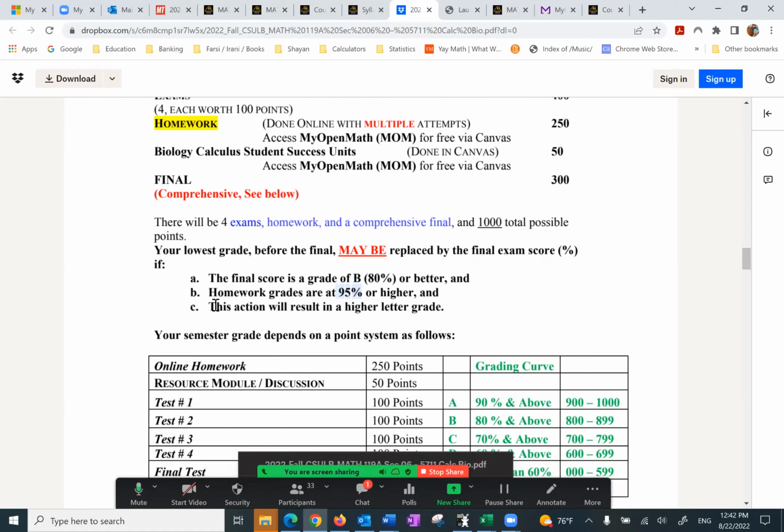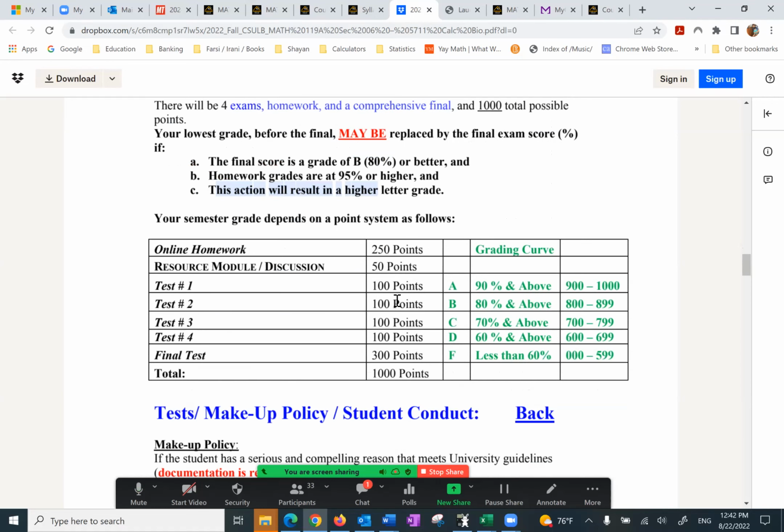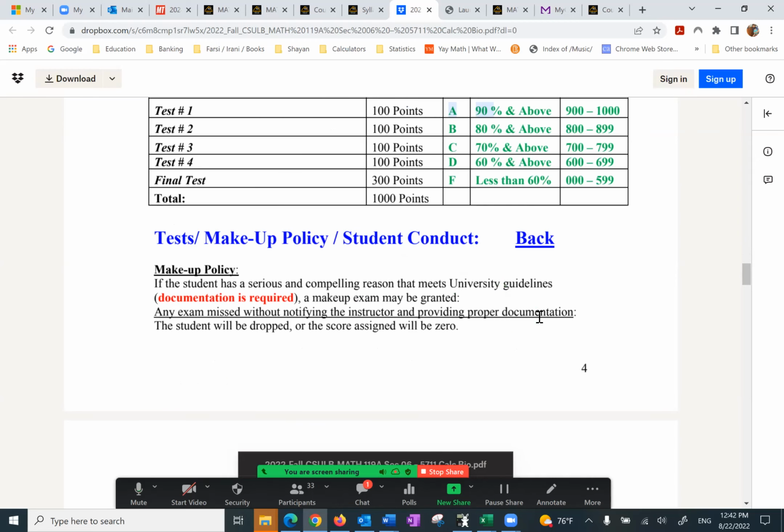And of course, more importantly, this action will result in a higher letter grade, because if I change that but your overall course grade doesn't change, it defeats the purpose. And of course, A is 90%, that means 900 points or more. B is 80%, that means 800 points or more, and so on and so forth.